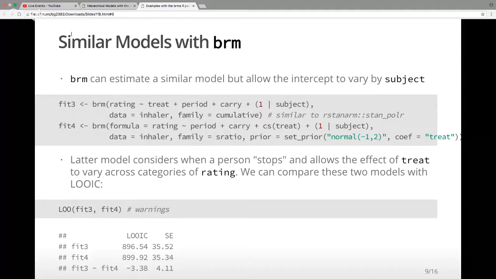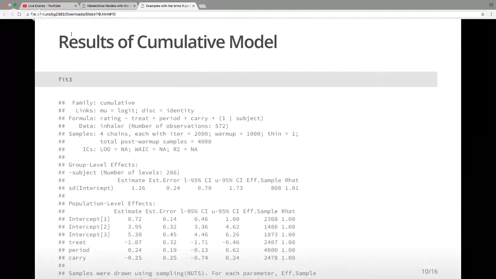But in general, most of the things that you could do with a posterior distribution that you get from RStan, you can also do with a posterior distribution produced by brms, because they ultimately all come from Stan. The print of the model from brms looks a little bit different. It has sort of what did you specify, then there's different